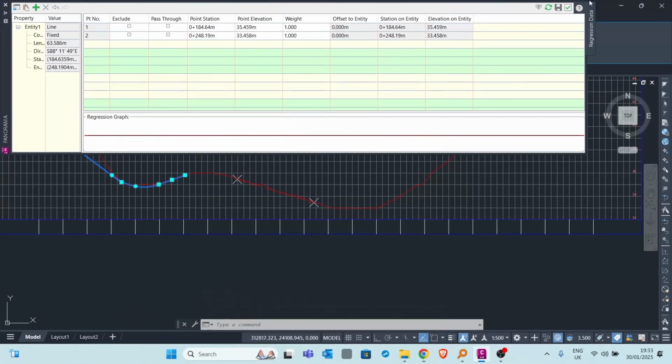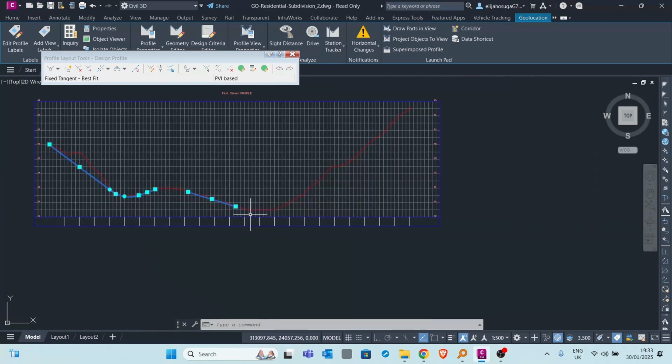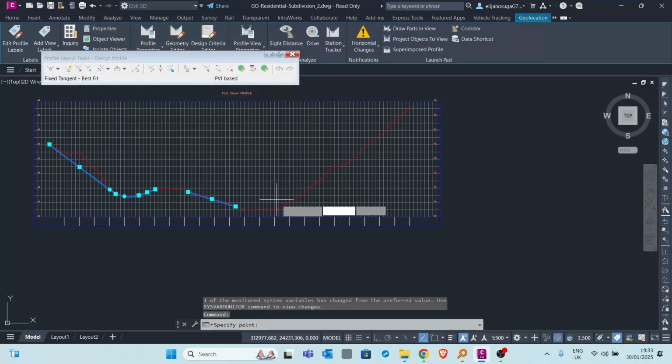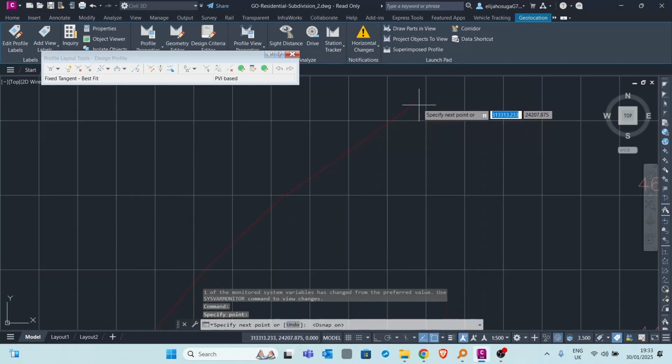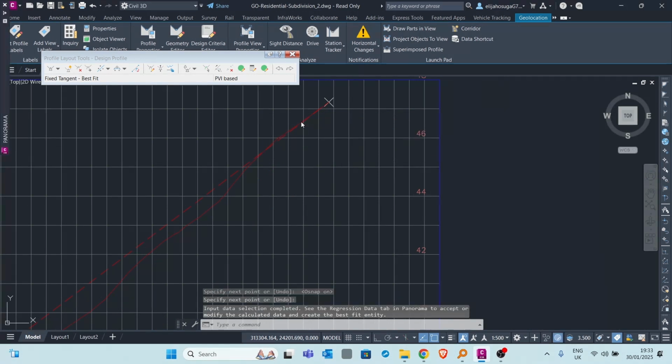We go back to panorama, and then you hit enter, and you click OK. And then you can do another one here by clicking on screen. OK. Then you select from here all the way to the end, and then you hit enter,